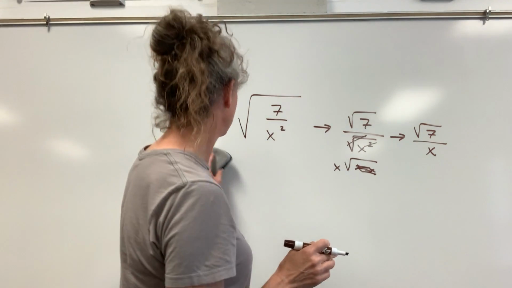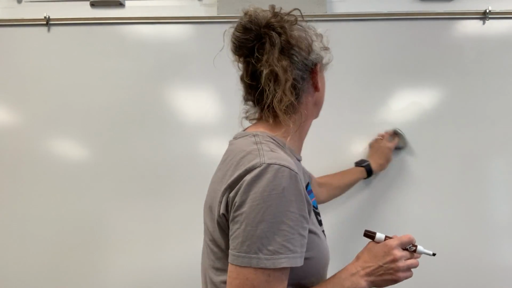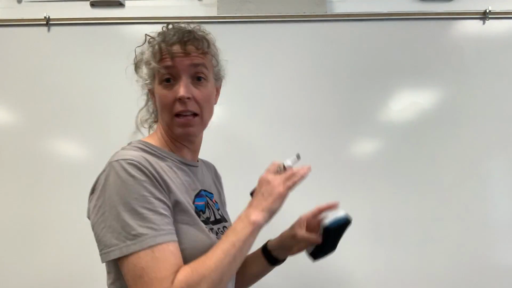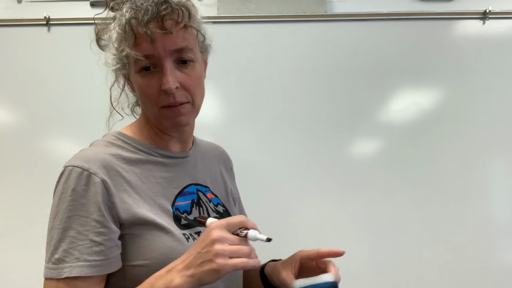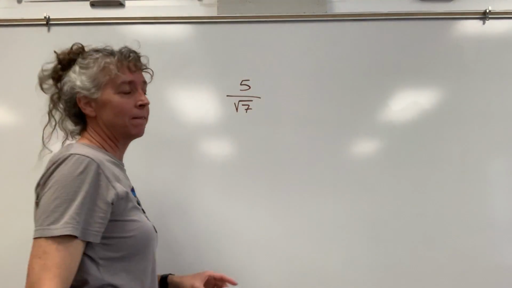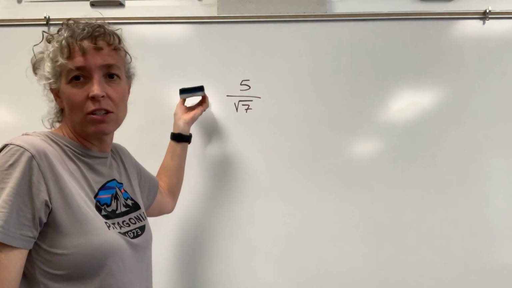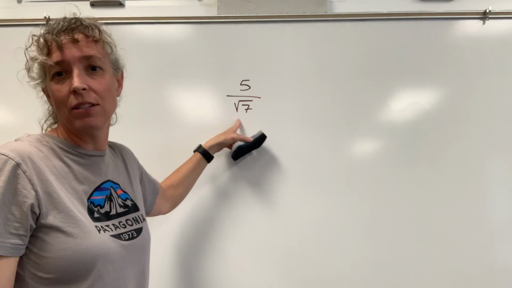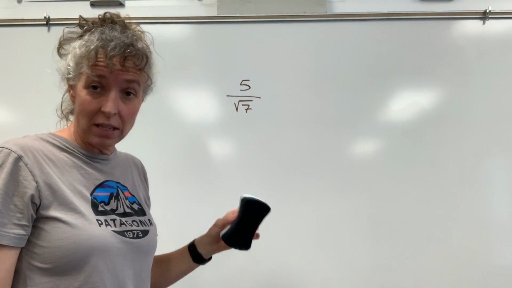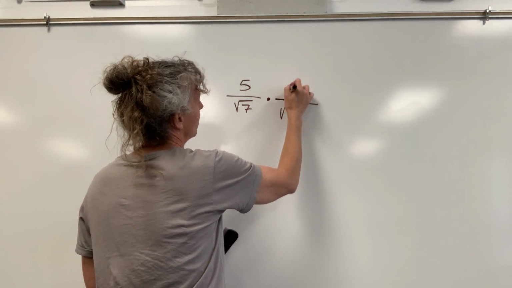Sometimes when you're done simplifying, you'll end up with a square root sign on the bottom of your fraction, okay? And that's bad. So we have to get rid of it. So that's example number 4. There, I can't simplify square root of 7. I can't simplify just a regular 5, but I'm not allowed to have a square root on the bottom of a fraction. So to get rid of it, I multiply itself by itself on the top and the bottom, because